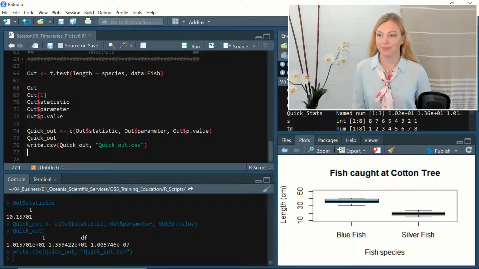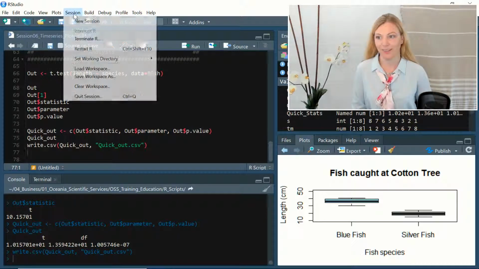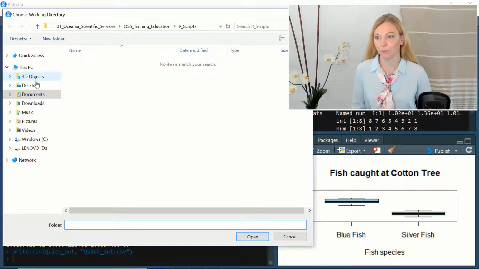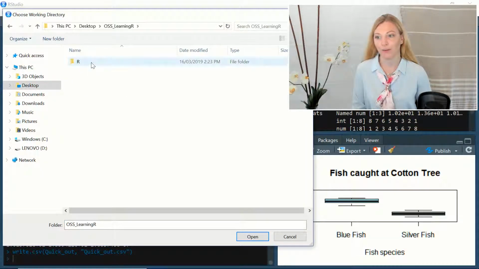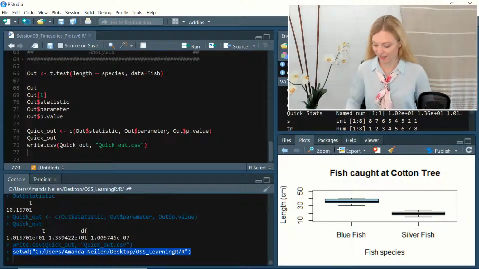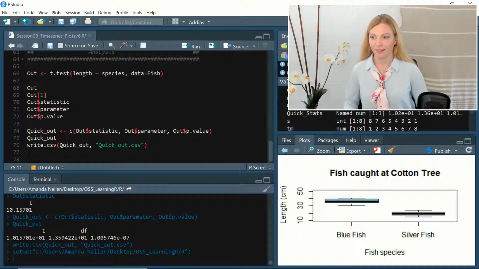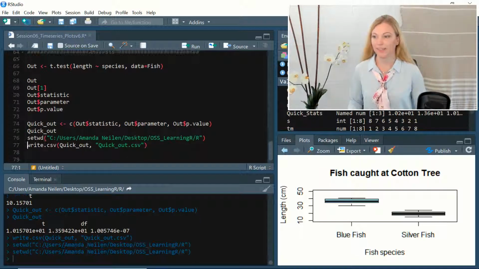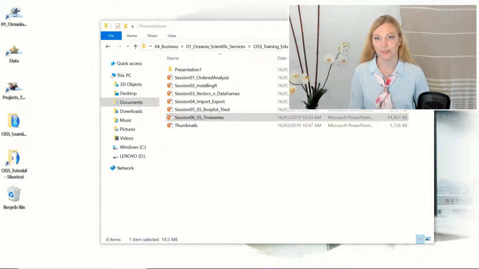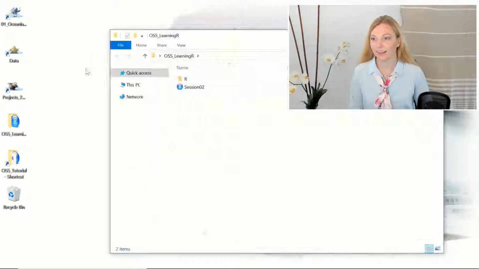Excellent. Now if that has not appeared in the correct spot, don't forget, check your working directory. Session, set working directory, and make sure you're still working through the folder we originally set up. You can always repaste this in, run it again, and then you'll be able to see. Now when you go to your folder,